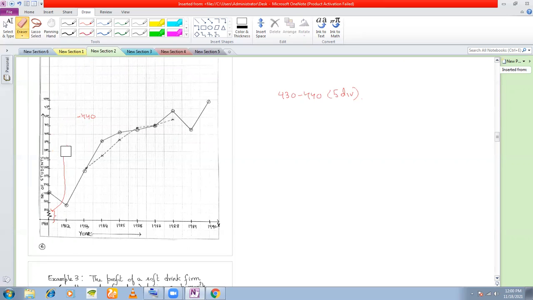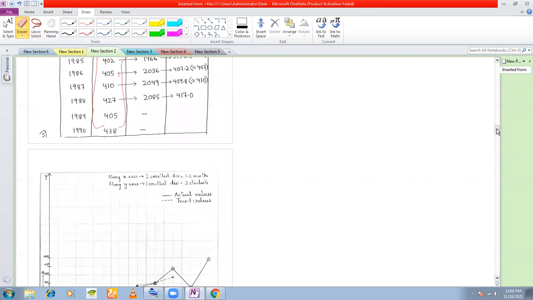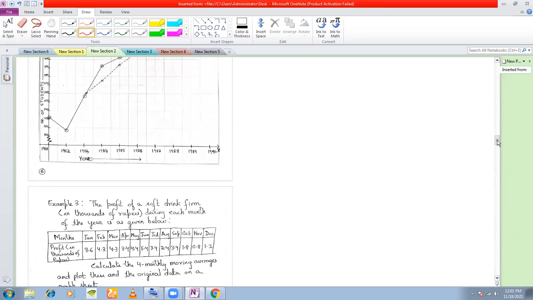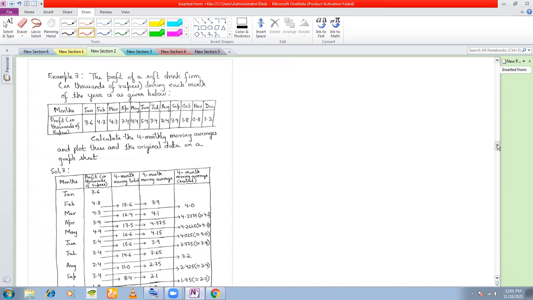And then you plot accordingly, exactly similarly. On the graph, the bold lines are the actual values, and the dotted lines show you the moving average value, the 5-year moving average. Remember to plot the moving average and not the moving total. You will plot these, the moving average, and not this. Clear? So be very careful with this. So, 3-year moving average and 5-year moving average. Okay, now an even-year moving average.